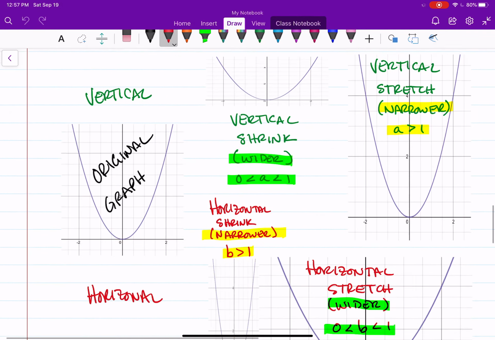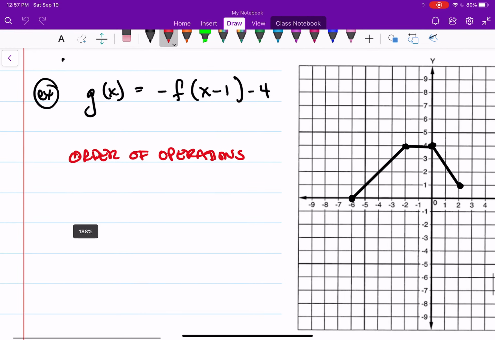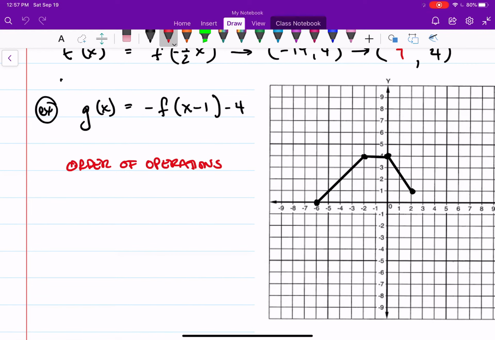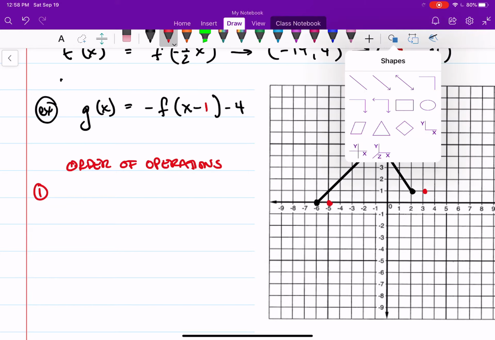All right, so here we go. So order of operations. Inside the parentheses says minus 1. So let me go do this. Let's say that this is my first thing. So I'm going to put down here, step 1. So that's the first thing I have to do. So that means I'm shifting everything to the right 1. So this point here is going to shift this way, this point here is going to shift this way, this point here is going to shift this way, and this point here is going to shift this way. So great. Now I have